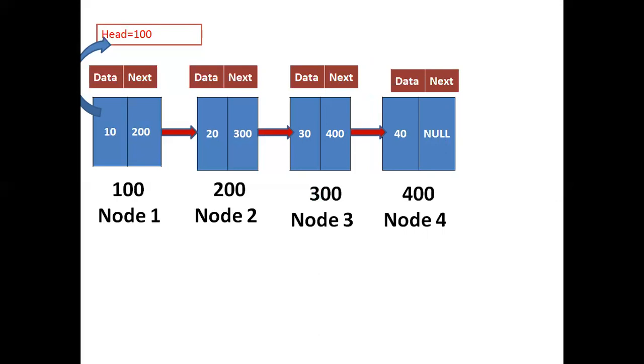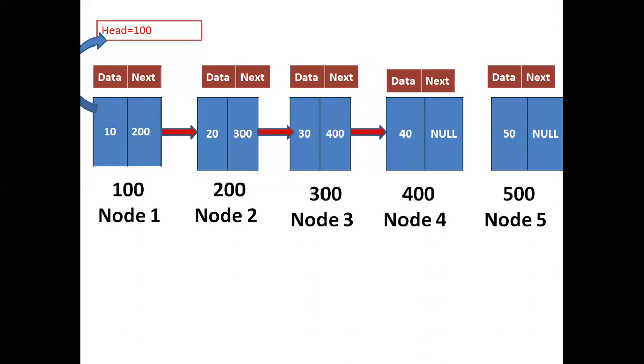Now again, if you want to create one more node, that is 500, with the name node 5, it holds the value 50 and the next part should be null. Again we are connecting these two nodes, which means if you observe the diagram, 400 arrow next should be 500. So how do we check? Head equal to null, condition false. Now by using the while loop we can travel until 400 arrow next. Initially we take 100 arrow next, 200, which is not equal to null. Yes.